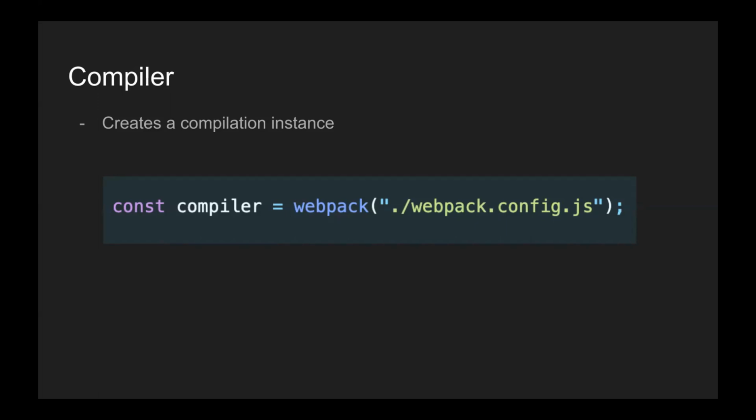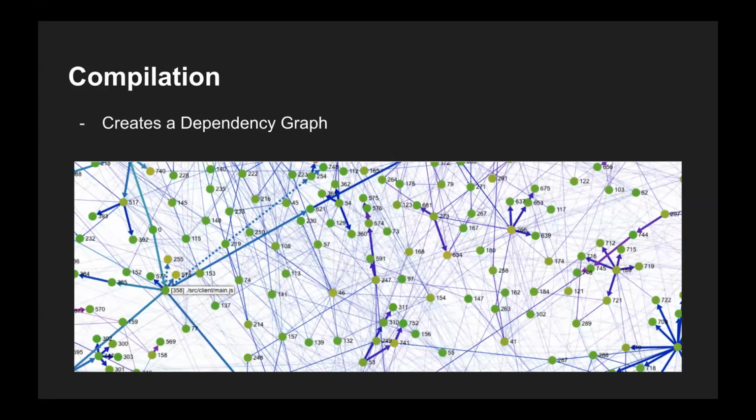So the second one in the list was compilation. Don't mind the dependency graph, which looks very complex. Even I didn't understand what that is about. I just got a random image from Google, but it has something like source client main.js, so I felt it's very informative. So compilation, as I was telling, before bundling things, Webpack traverses through the files and creates a dependency graph. Without the dependency graph, it wouldn't be able to know what are the files used and what are the files which are unused.